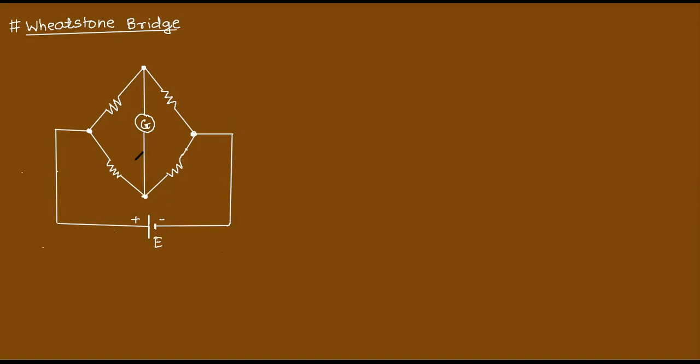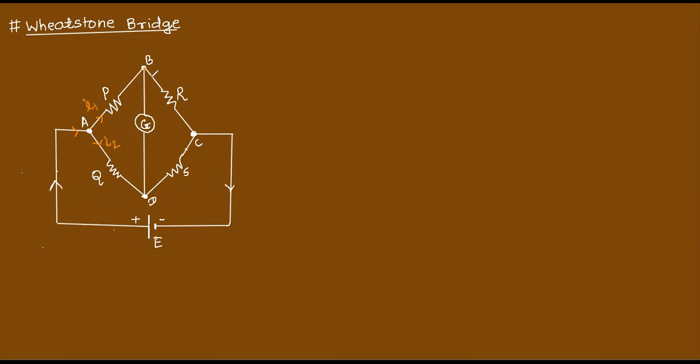This is the supply voltage. Here is the galvanometer. These are the resistors P, Q, R and S. Now this is the total current flowing through this circuit. Suppose at this point I am giving the name A, this one is point B, this is C and this is D. At this point, the total current coming is getting divided into two parts or two ways. Let us suppose this is I1 and the current through this is I2.